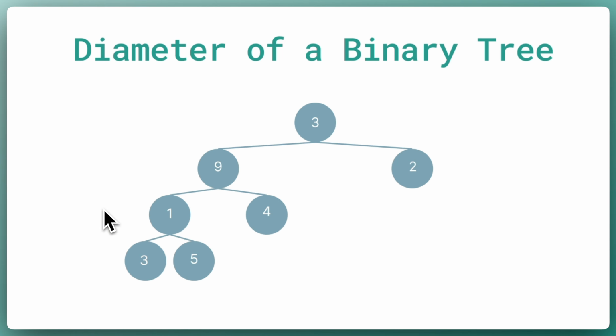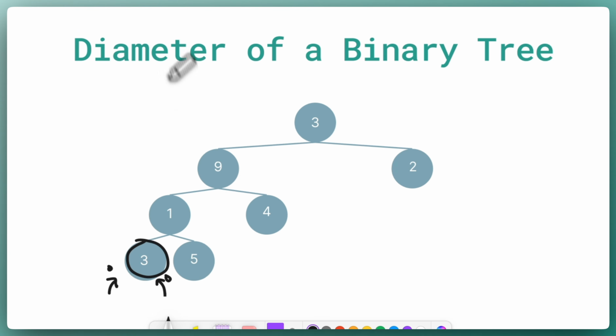Instead of starting at our root node, we're going to want to think about starting at the bottommost node in our tree, which is this node right here. And when we're at this node, we want to do the same thing we did before. We want to calculate the length of the longest path that runs through this node using the heights of its left and right subtrees. So this node has empty left and right subtrees, so they're both going to have height 0. And now node 3 can take those two values, add them together to get the length of the longest